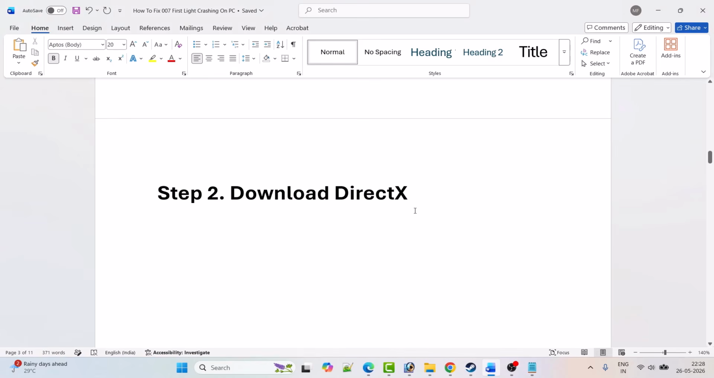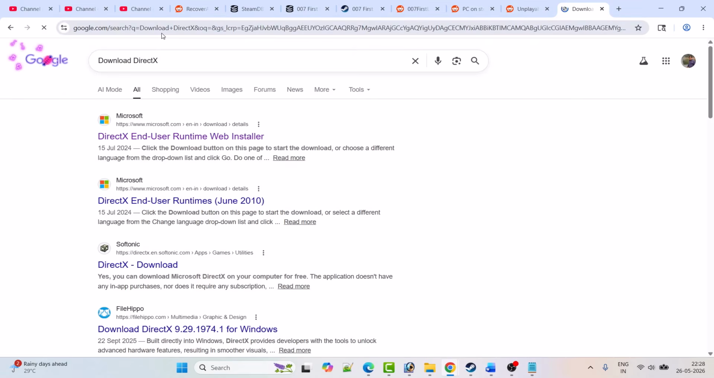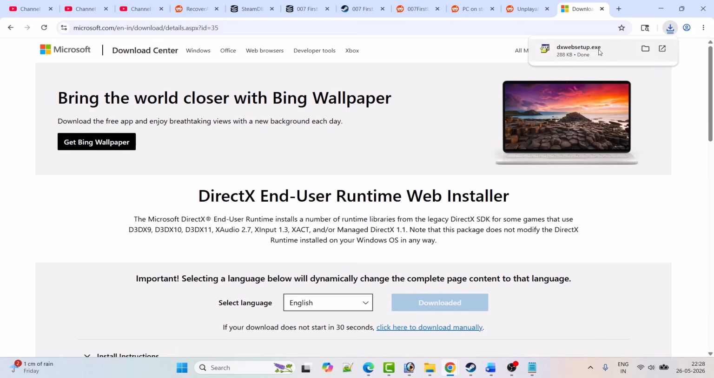Step 2 is to download DirectX. So open Chrome and search for download DirectX, and then open this DirectX End User Runtime Web Installer website. Click on download, then run it, click yes to allow,